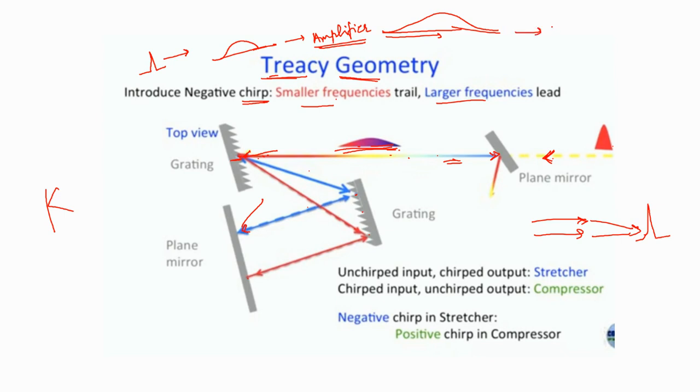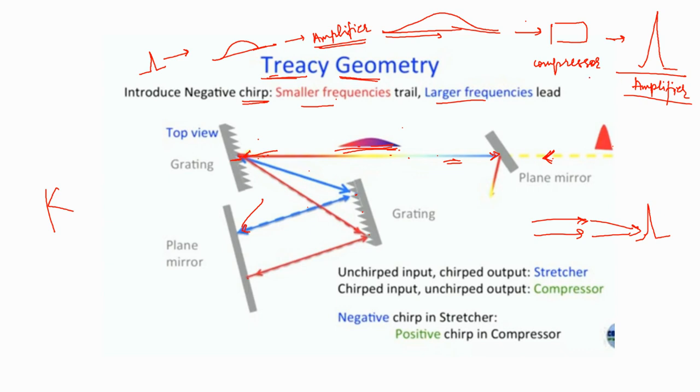Then you again pass it through something called a compressor. When you pass it through the compressor, you get again a sharp short pulse of laser that is amplified in intensity. So basically here we are using this chirping,